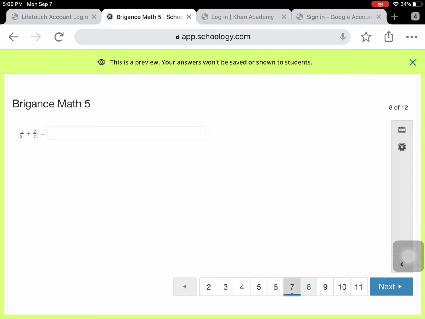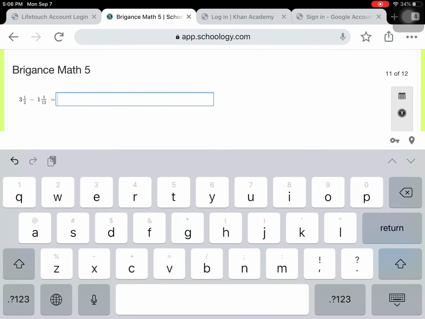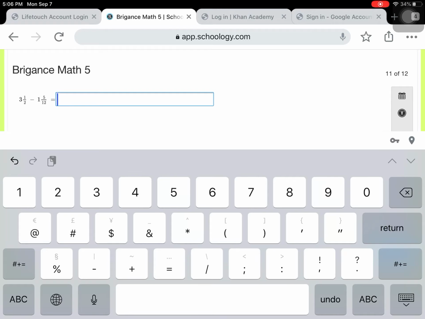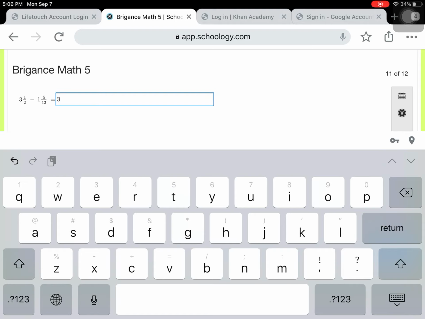All right, and you'll have several like this. You might see like this one where you will have a whole number in part of your answer. So like if I was going to repeat the 3 1/2, again, not the answer, just trying to help you with how do I mark my answer. I would do 3. I can give a space. I have it set both ways, and then my fraction.